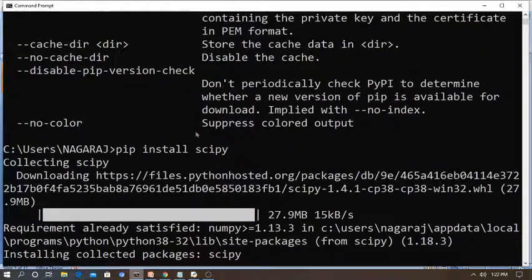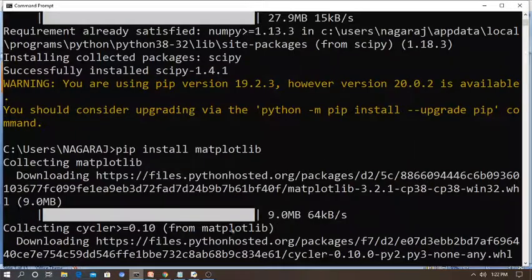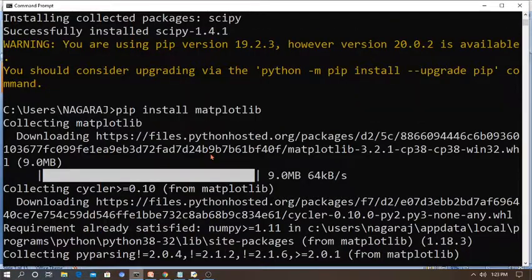I am showing some other libraries in advance too. I can type pip install scipy. After entering, it says collecting SciPy and gives us information. After it is installed successfully, you can start installing the Matplotlib library also. Give the same pip install matplotlib. Based on your system, it may take some seconds, or 2 or 5 minutes. At most it takes about 180 seconds. After collecting, it will give some information.